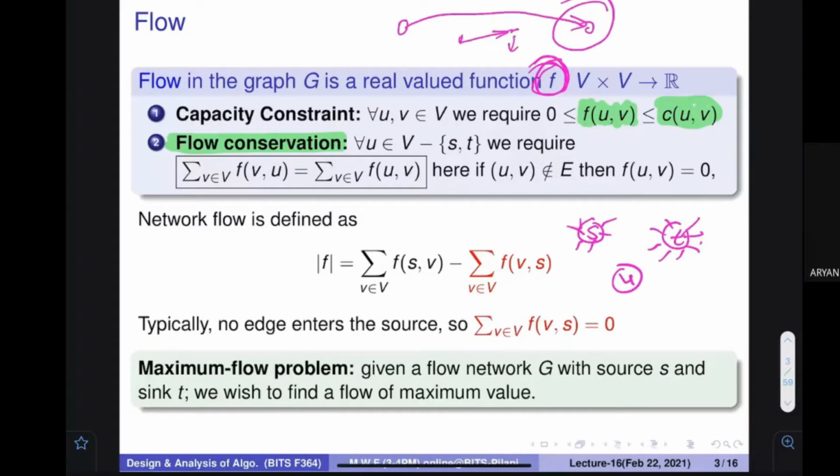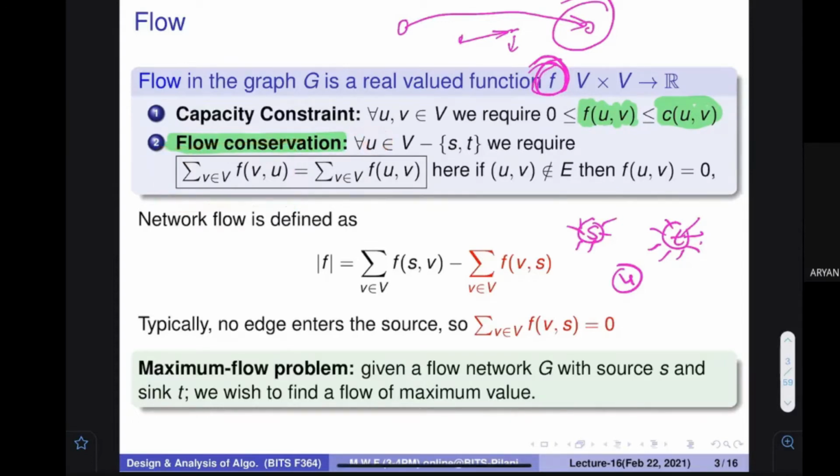So essentially, does it mean that if you consider any of the nodes that are there, if you see how much you are going to send for any particular node, F(V,U) represents how much V is sending to you. So if you find out this summation for all of them, it means how much is coming to my node. What is this value? How much is coming to the node U.